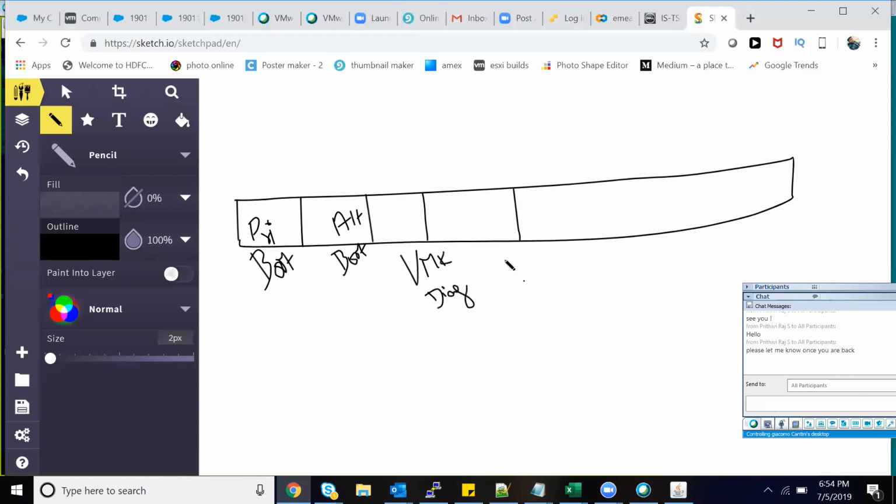Another one is called Scratch. And then we have 3 other partitions: the core dump partition, and something called C32, like how we have system 32 in Windows.